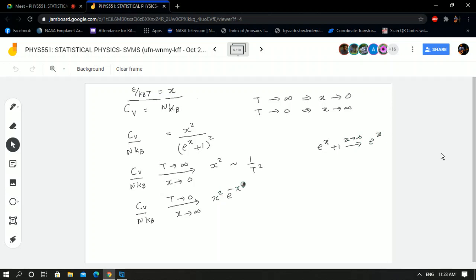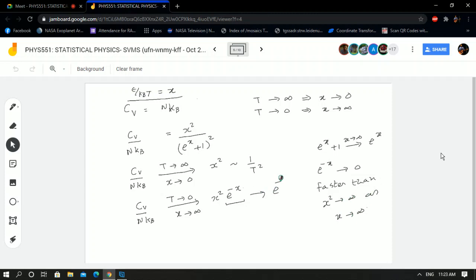Like in the previous case, e to the minus x goes to 0 faster than x square going to infinity as x tends to infinity,